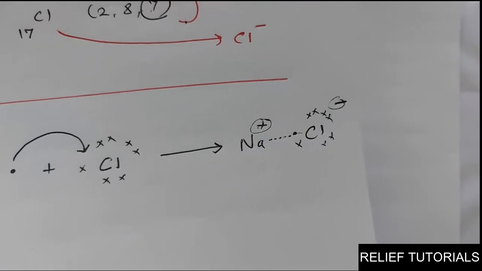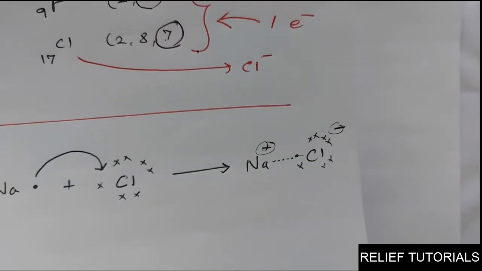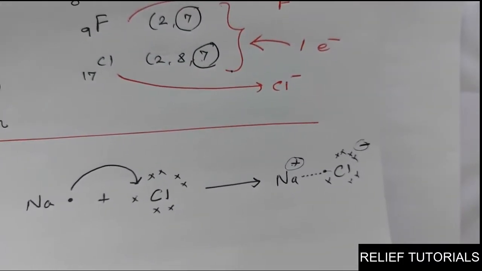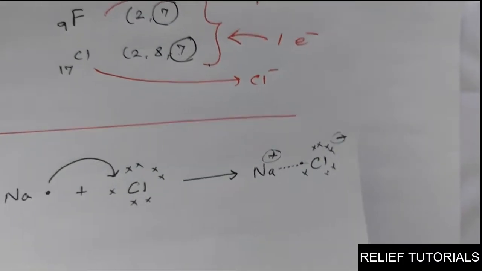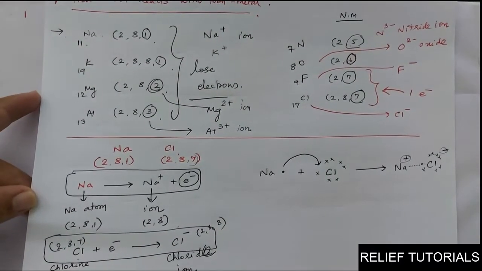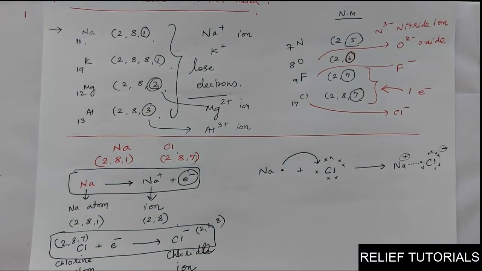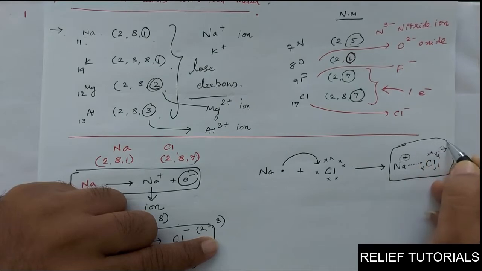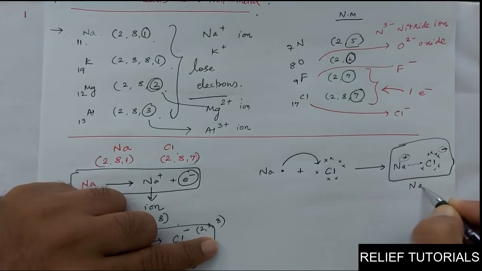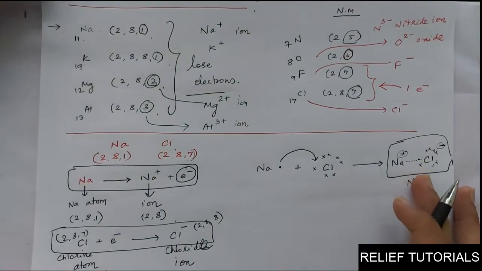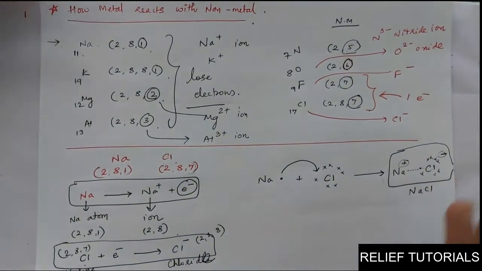Again, listen to me. These two ions are not stuck with each other. They are not connected. But there is a force of attraction between these two. And because of this force of attraction, these two now remain as they are. So now this is a single molecule, and this molecule is called NaCl. The total charge of the whole molecule would again be 0. I think all these things we have discussed in the first chapter.